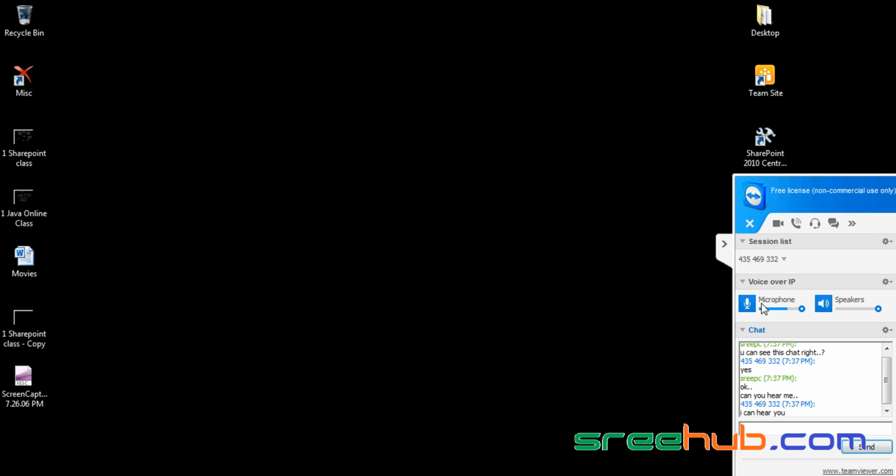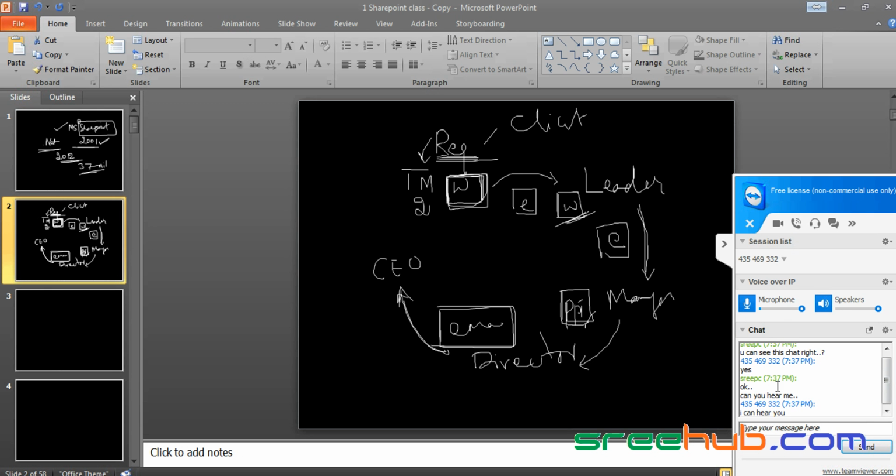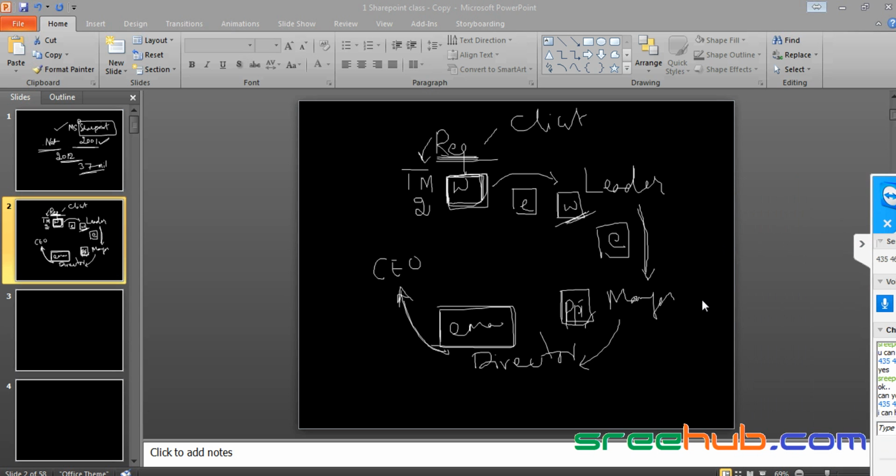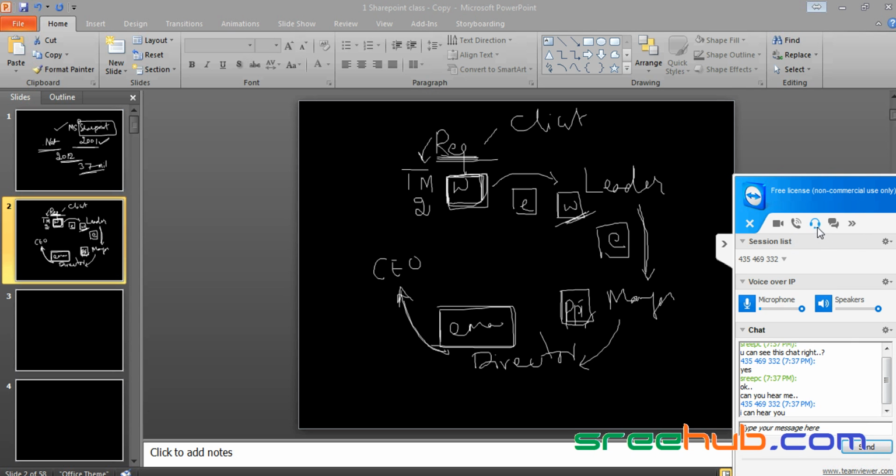Okay, so you can do one thing. I'm just showing you, right? Just go to this voice over IP button here, click on that, and there will be mute here. Just click on unmute in this way. Can I say this one? So do you need any help here? You can go to this in TeamViewer again. It will be in this form. You can just go to the mic symbol, and